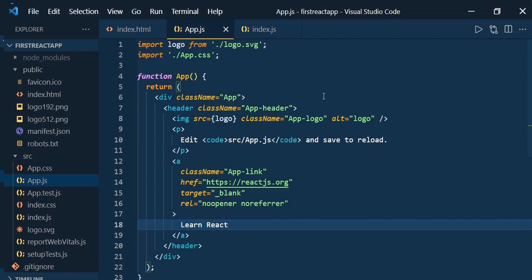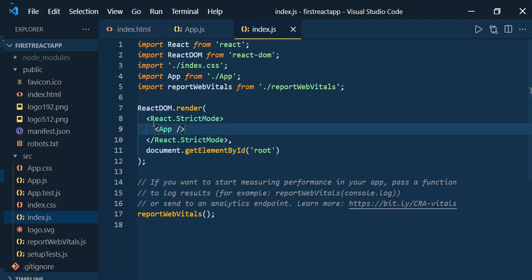Hello again. Now we are done with creating the React application locally. Now let us see what a component is, how to create a component, and how to render it. We have the app.js here, which is the app component. It is created using function syntax, and we are going to use the class syntax, that is ES6 syntax. You can see React.StrictMode, it is running in strict mode. Even this is not required, let it be there.